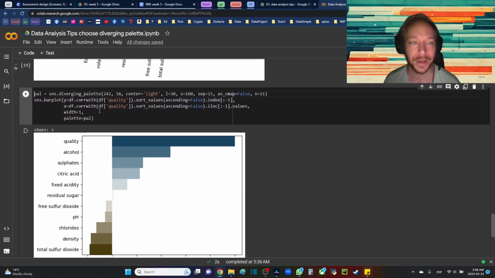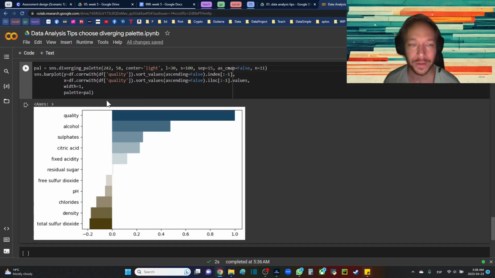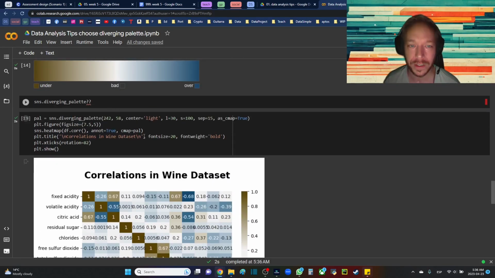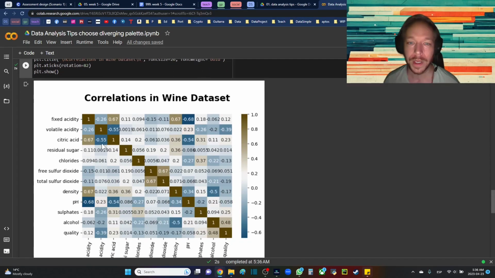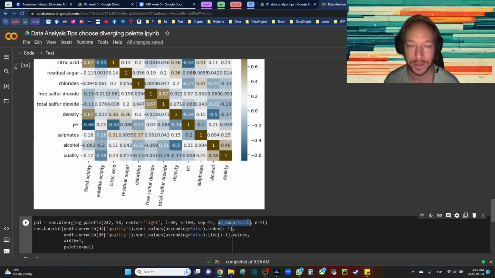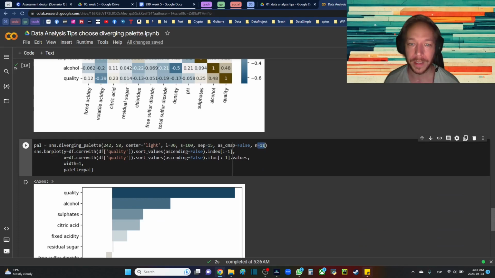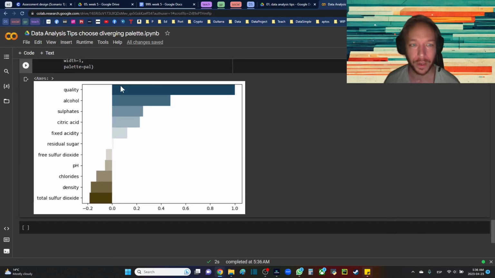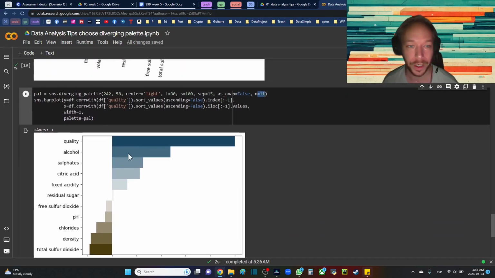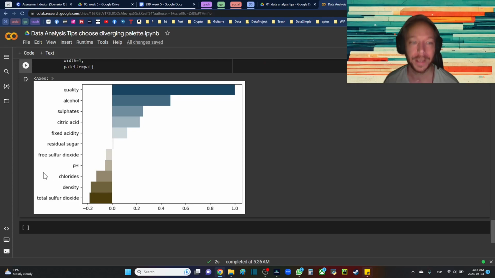And showing you here, playing around again with the diverging palette. What I had to do here is, we did the continuous map as true. Here I'm setting it as false so that we can do 11 individual colors so we can plot our correlation with our target here. So putting into a bar plot, correlation with, and I'm selecting the index and then the values and then adding full bars to this. Okay? So this gives you, it really allows you to do this,